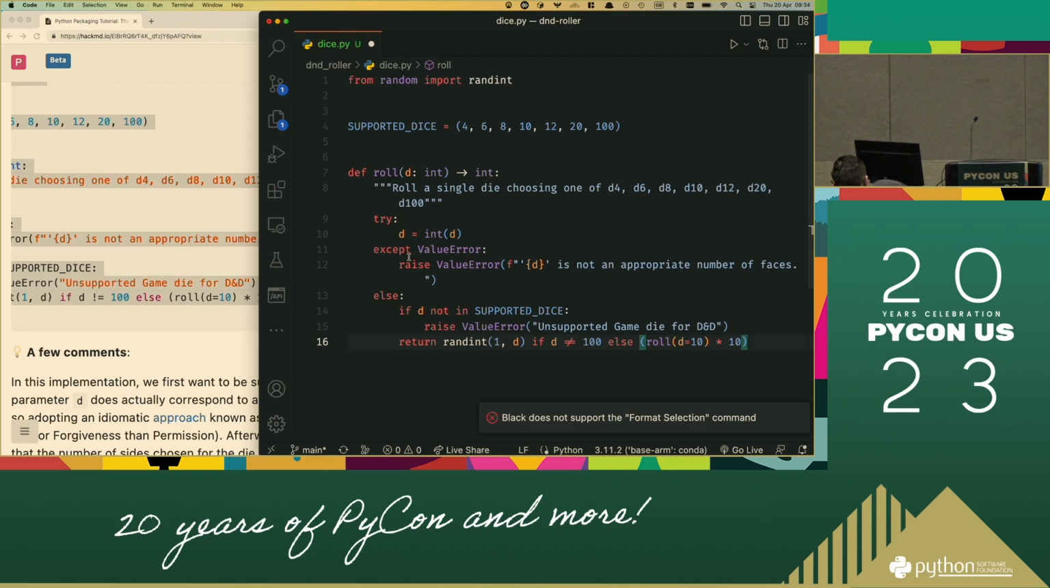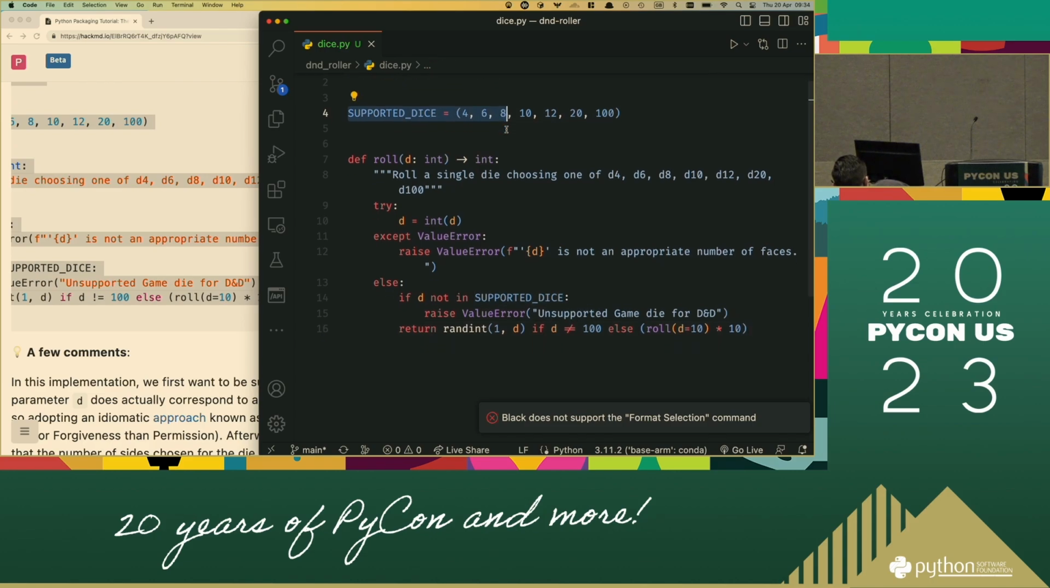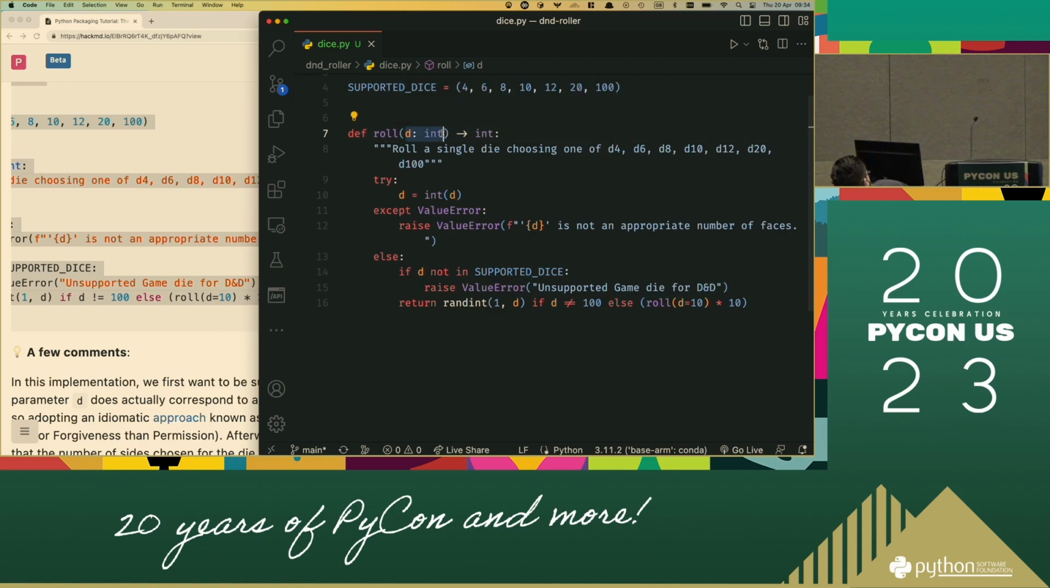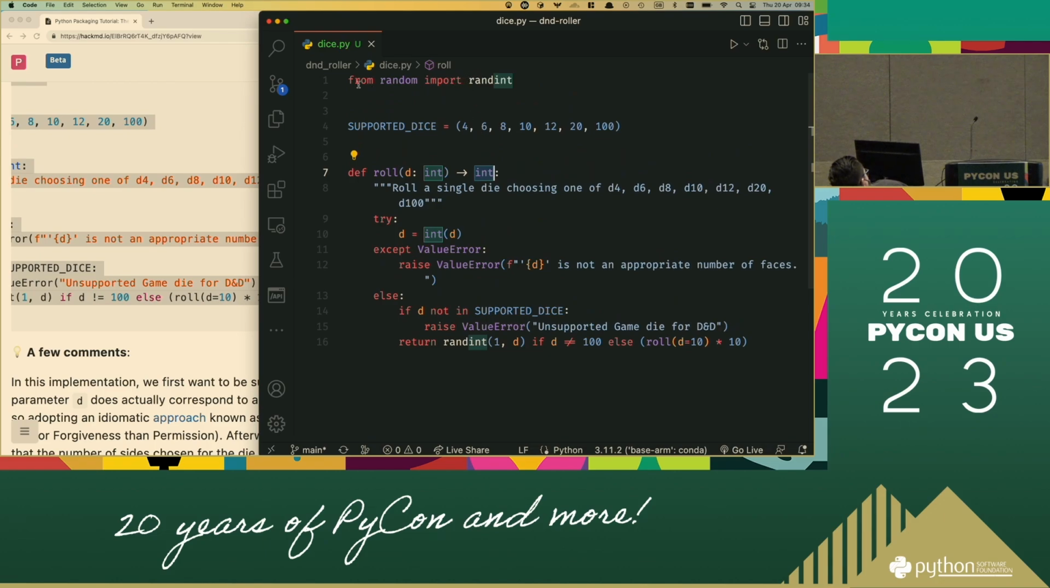So it's very fine. What this function is actually doing is we have a tuple of supported dice here. We have a function, roll, with parameter d, expected of type int, returning an integer. We have random.randint to generate the random numbers. And we rely on that. Probably the only thing to mention here, if you're interested in this particular flavor of Python programming,